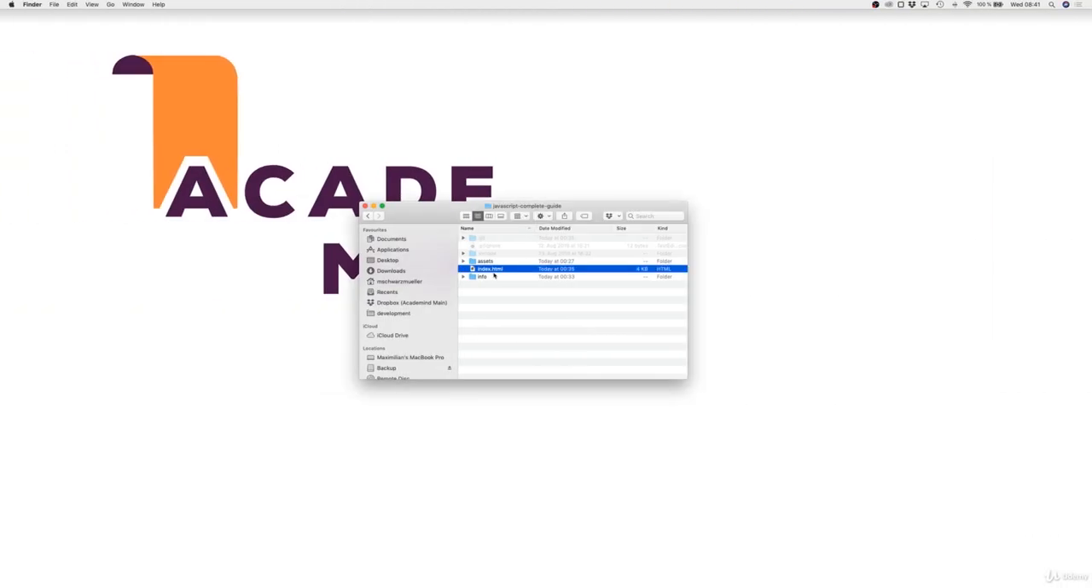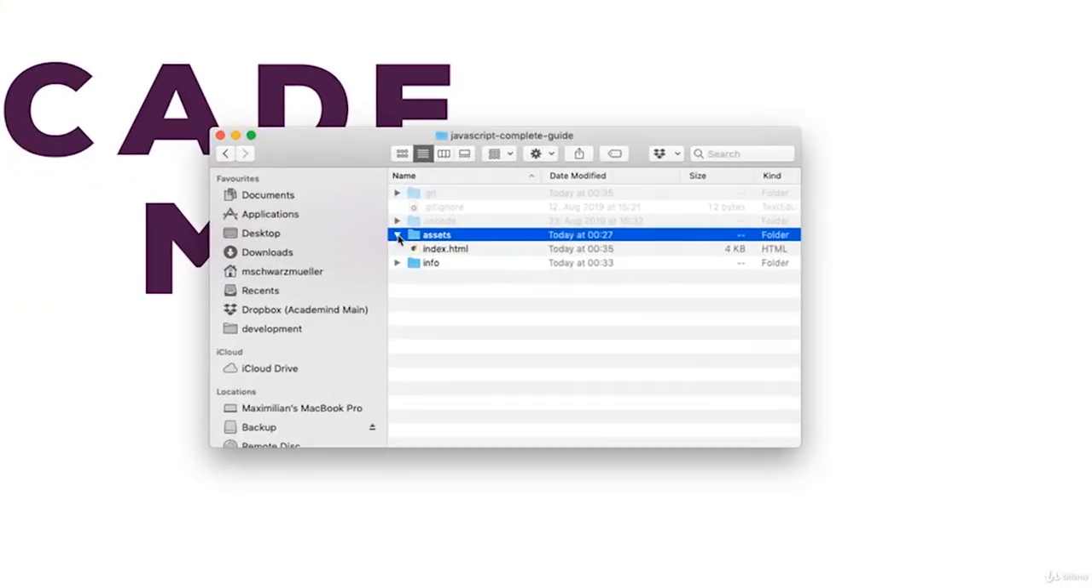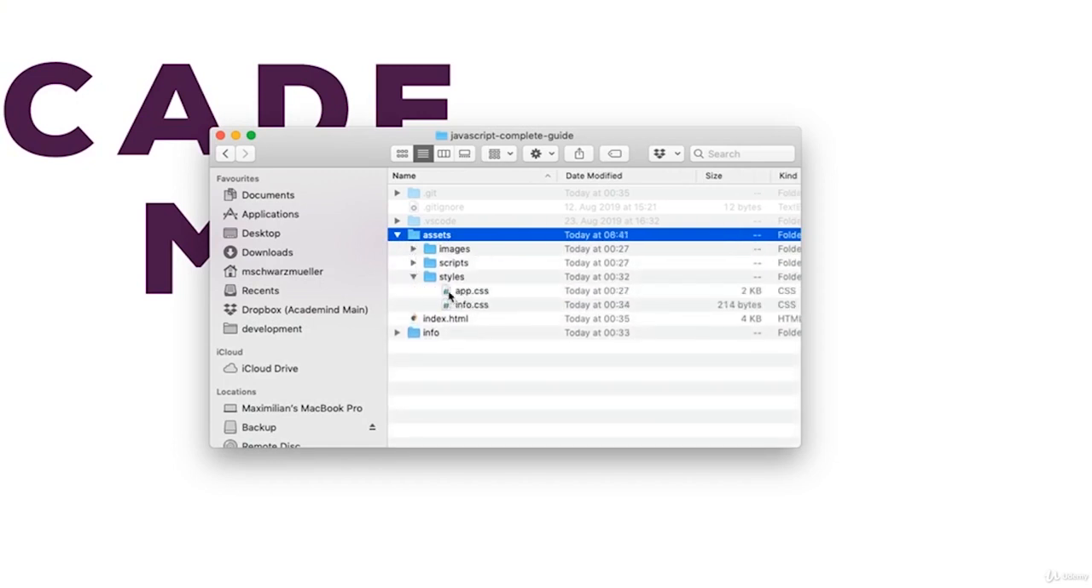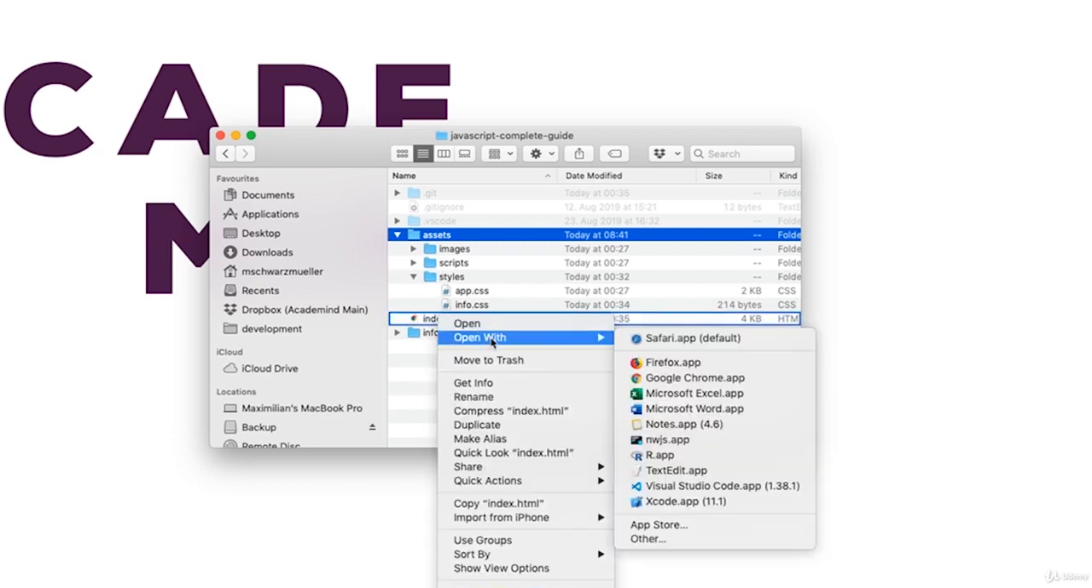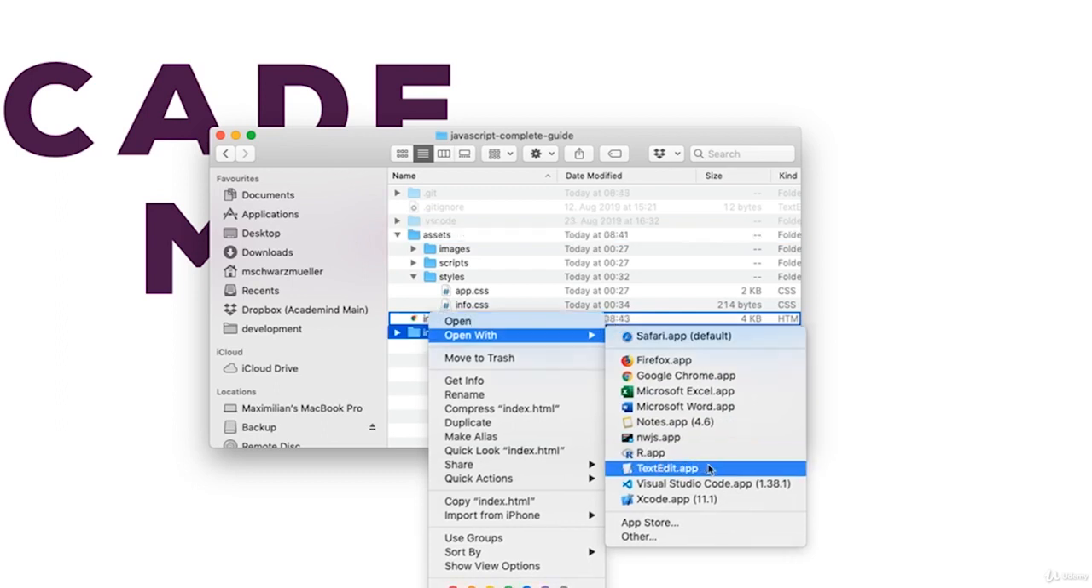this point. And you can always go back to these files, and in the assets folder, you'll find an images folder with my image. You'll find a styles folder with the CSS files. And if you would look into the index.html file, for example, by right-clicking on it and opening it with a text editor, and you can use either TextEdit here on Mac or the normal Notepad or text editor on